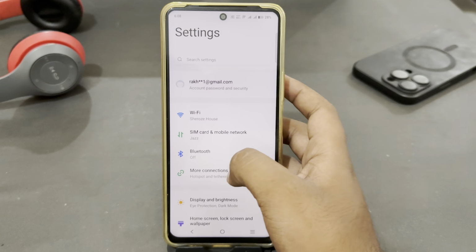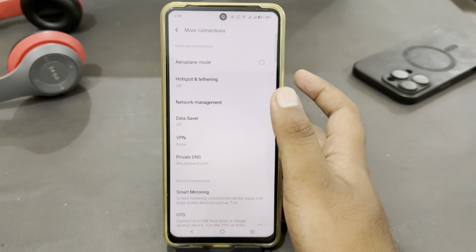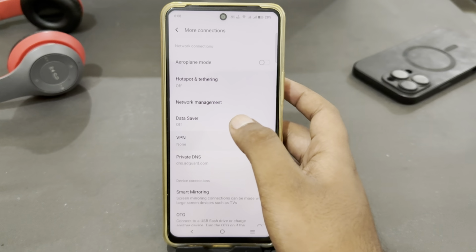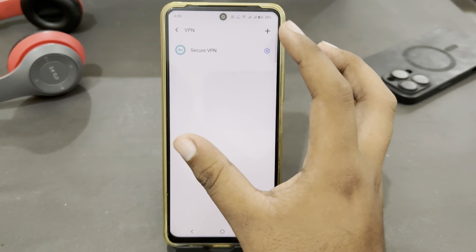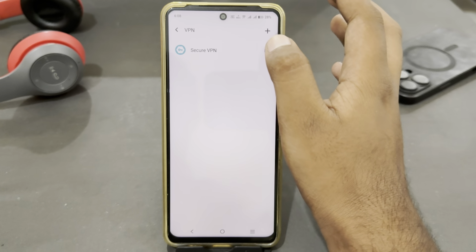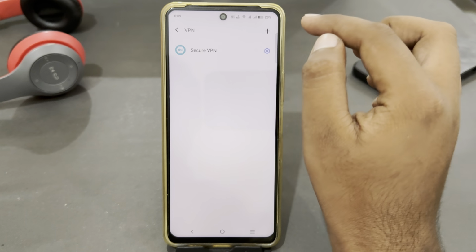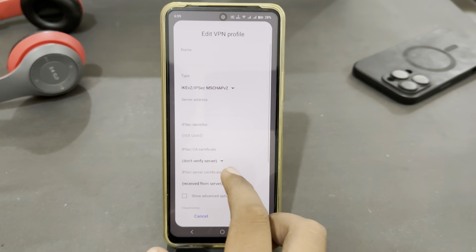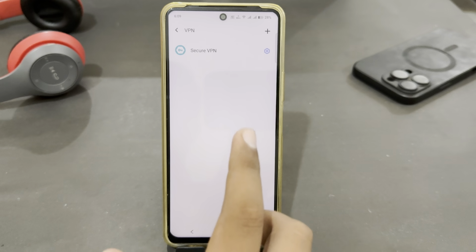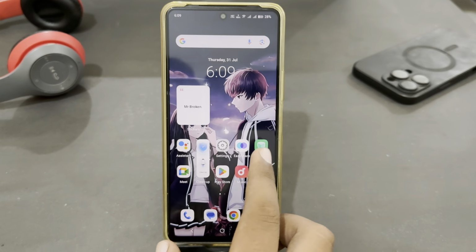You just have to open your phone settings and look for More connections, and you will get VPN there. Just tap on it and here you can see all of the VPNs you have. I have already installed one. You can easily add one from here, but if you don't have any VPN you can install a third-party application